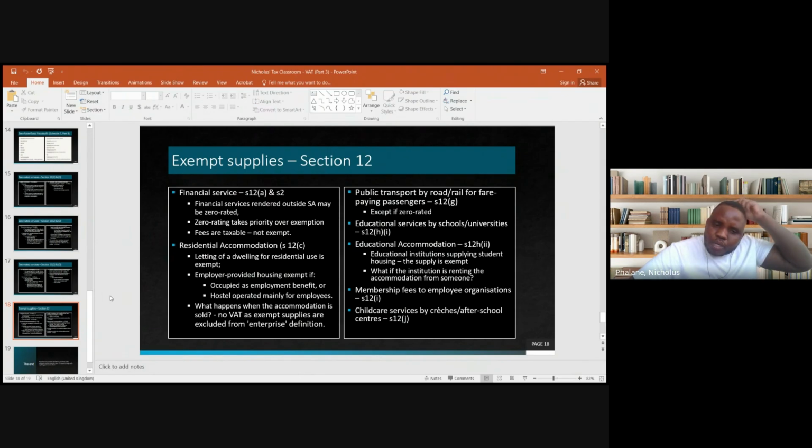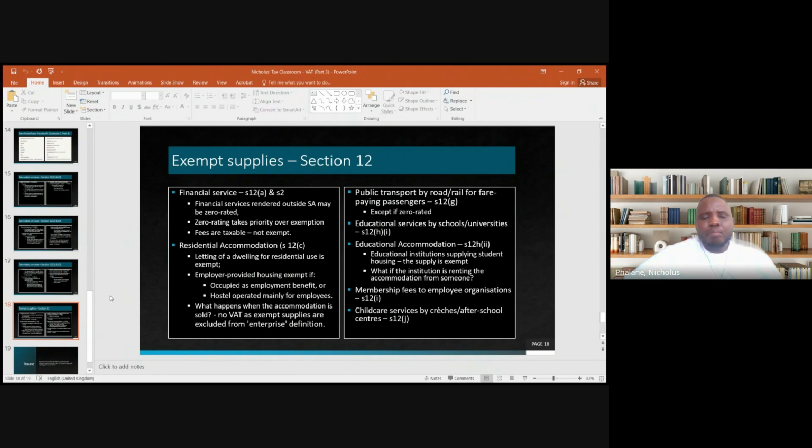So now when you come and sell the accommodation itself, the property, what will happen then? Obviously, there won't be any VAT implications, right? Because remember that accommodation is still an exempt supply, and this obviously is excluded from an enterprise definition, right? Then